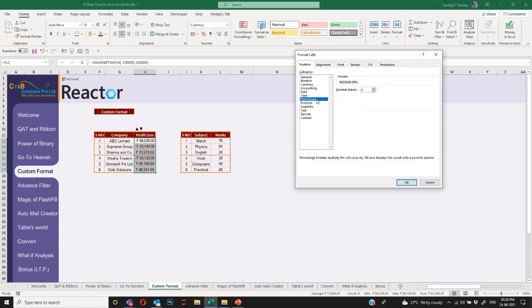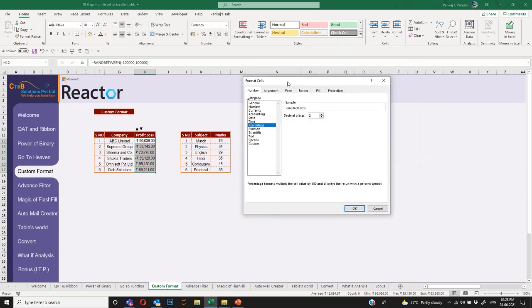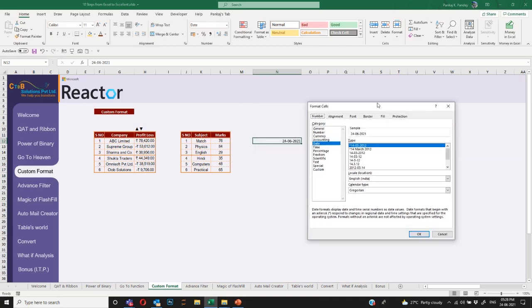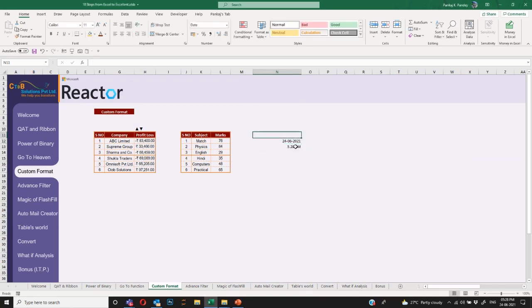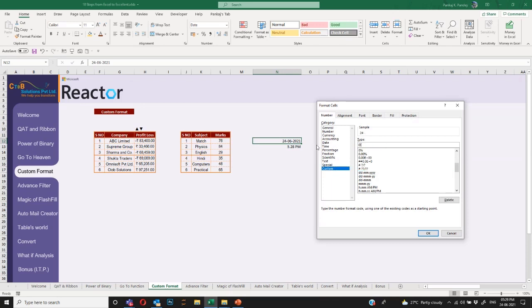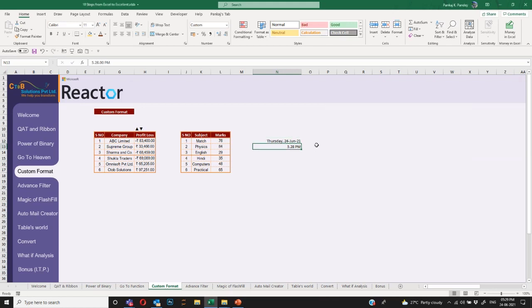So all of you are aware of all these formatting options, so I'll not spend much time on that. But again, the most underrated formatting out of all of these is custom. Most of the time, what I have seen is people using custom formatting only for the purpose of changing the date format, where they want a specific DD, comma, YY, or maybe the time format. That is the maximum use I've seen people doing, but there's a lot more to that.